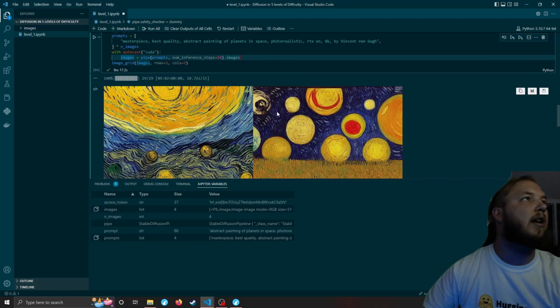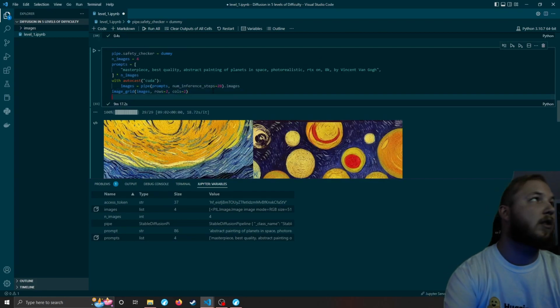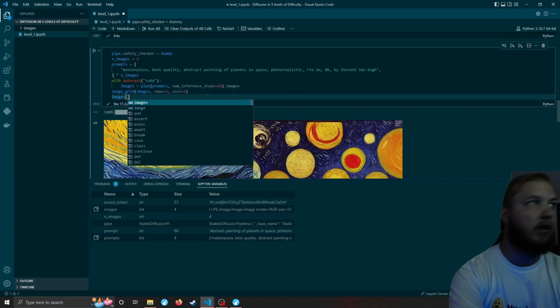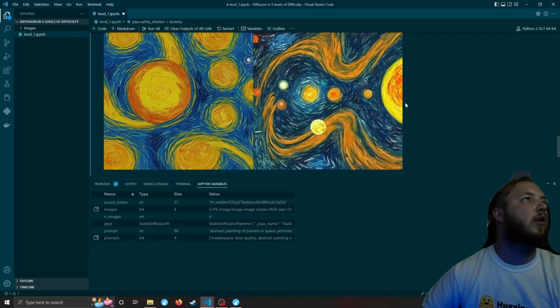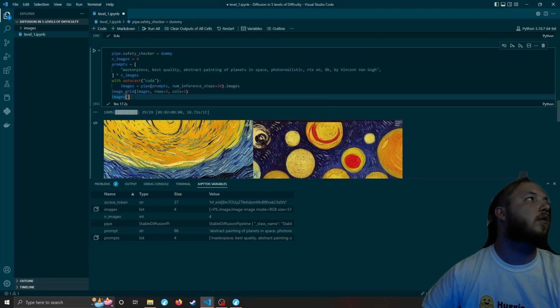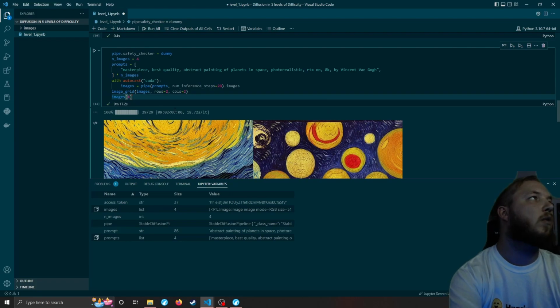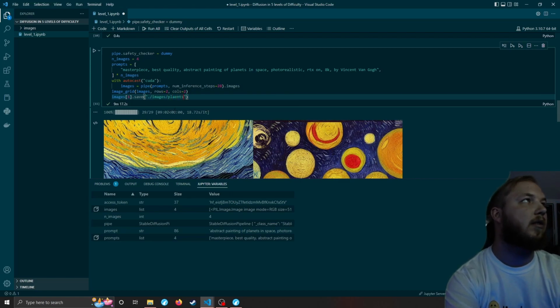So if you like any of these, this is image 0, 1, 2, 3. All you would do is do images. Let's say you really liked, let's see, what's my favorite one? Probably this 4 and this 2. So I'd do images 1 real quick, dot save. And it's the same thing as before, images, and I'm going to call it planets Van Gogh